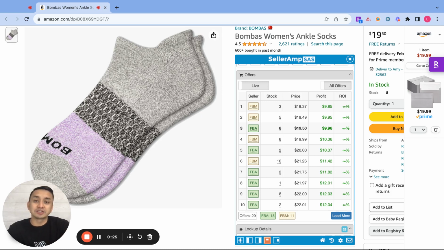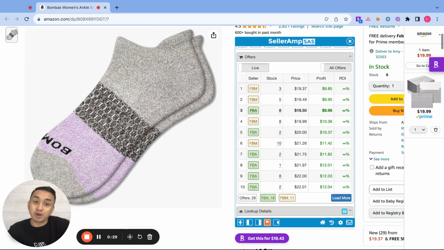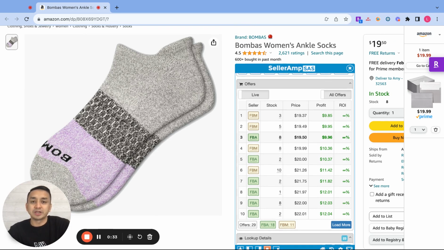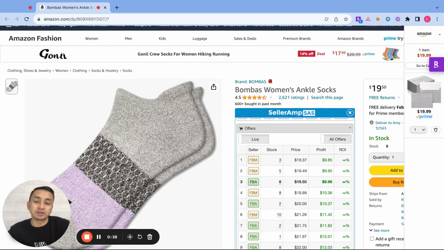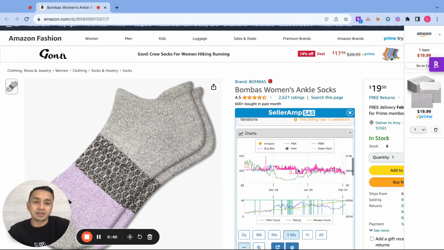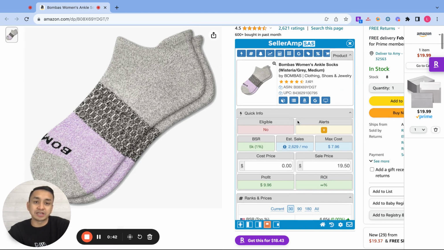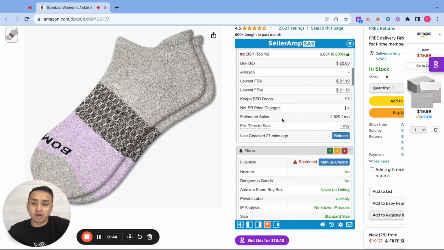So yeah, with that being said, this is how you look for products doing the reverse search method for your Amazon business, right? So you start with picking a random Amazon product like this one, and then assuming that you use SellerAmp, go to the bottom of SellerAmp,